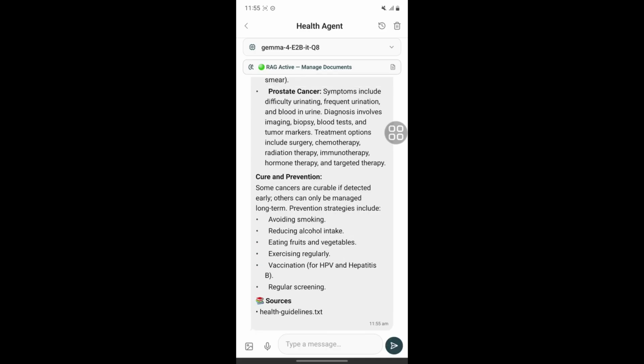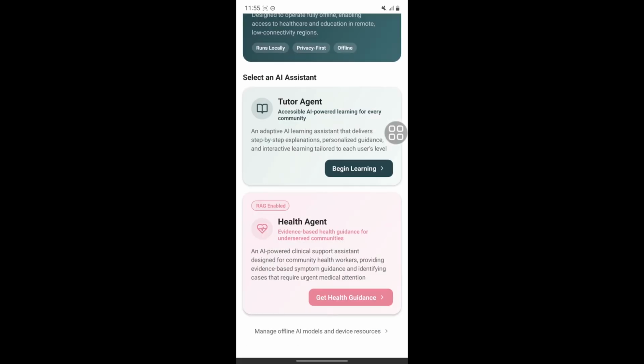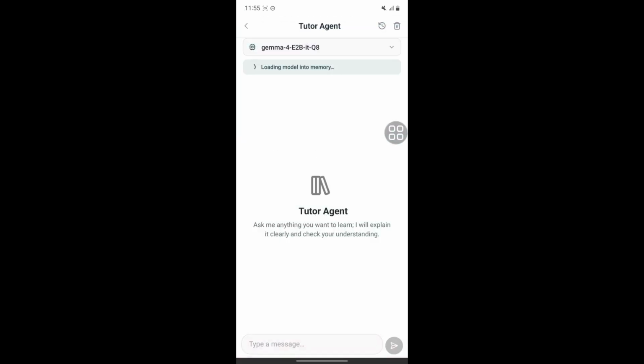Wow, you can see that the LLM has provided a source where it has grounded the response, thereby reducing the